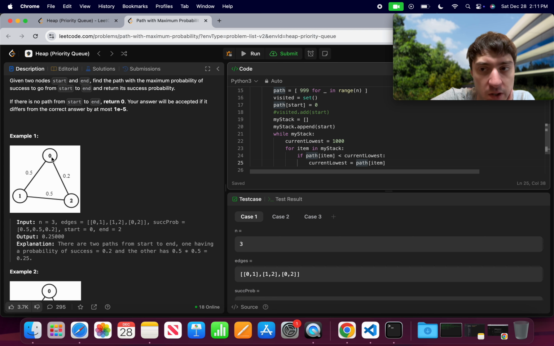I just visited one node and I saw these 2 nodes, and now I'm trying to determine which one I want to visit. Do I want to visit this one or this one? I need to go through and figure out,